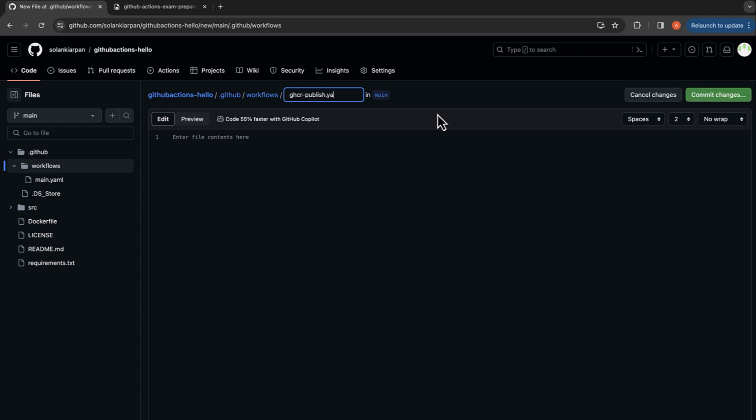So I'm going to name the file GitHub Container Registry-publish.yaml. The name would be deploy images to GHCR on push, branches main, and the job name would be push to GHCR, and let's say it runs on Ubuntu